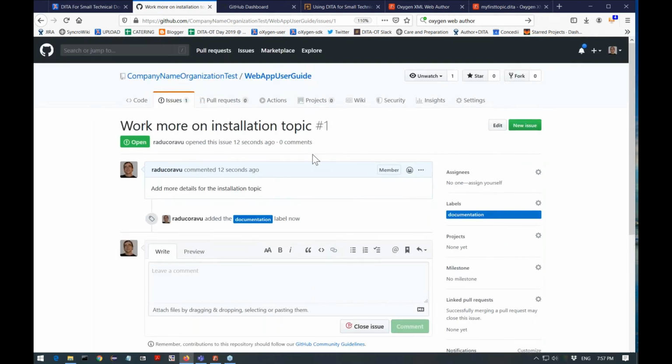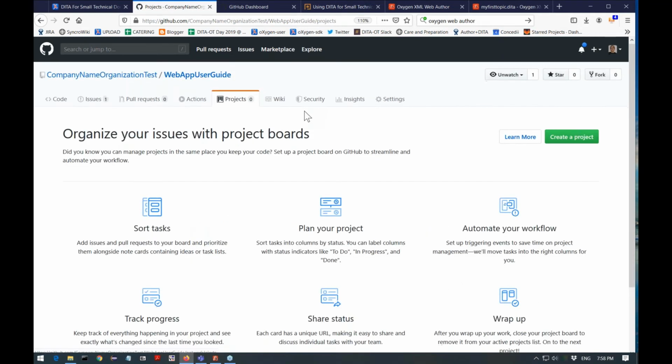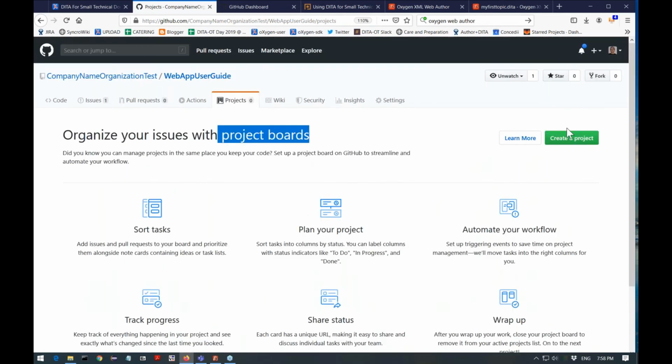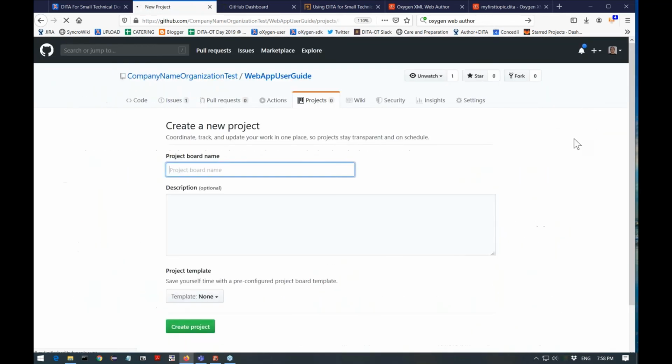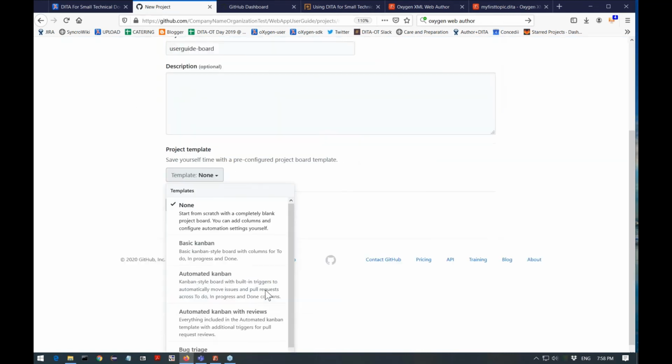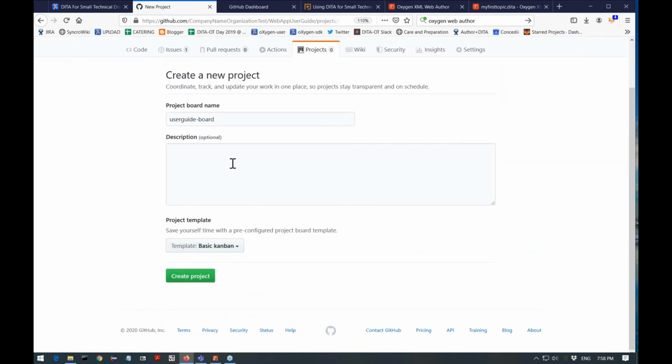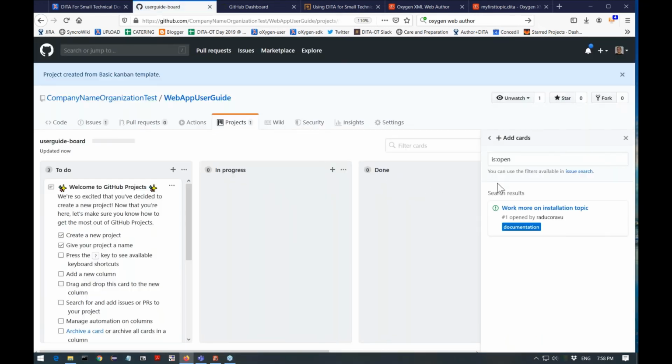But if you want to have a more elaborate workflow, you can go to the Projects tab and create a project board for your project, for your repository. So I create a board, and I choose to create a Kanban board, the basic Kanban board. And here in this board,